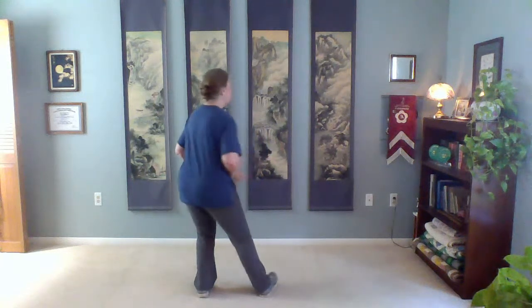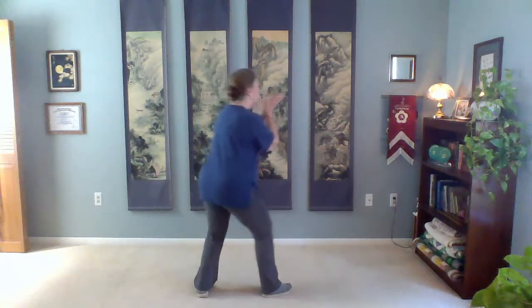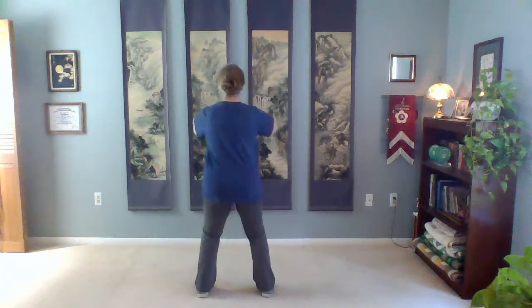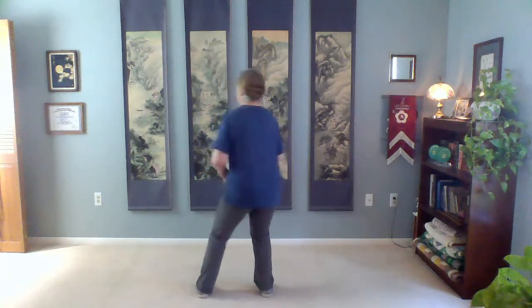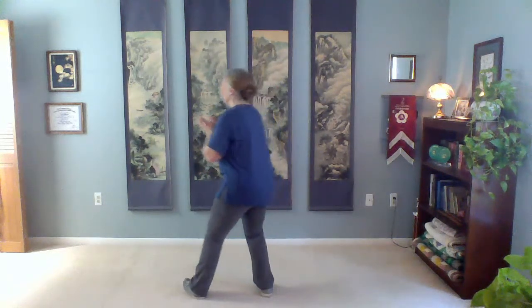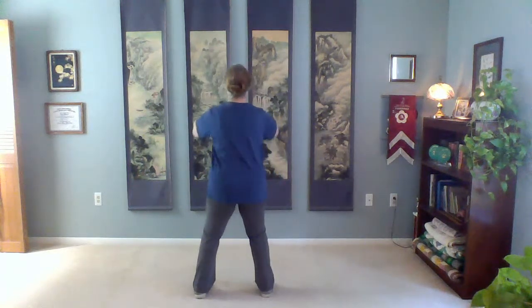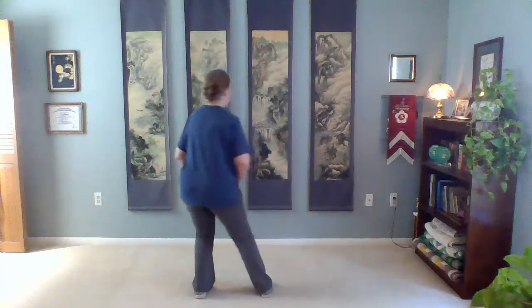Shift left, open right, reach out, and return. Shift right, open left, reach out, and return. Shift left, open right,